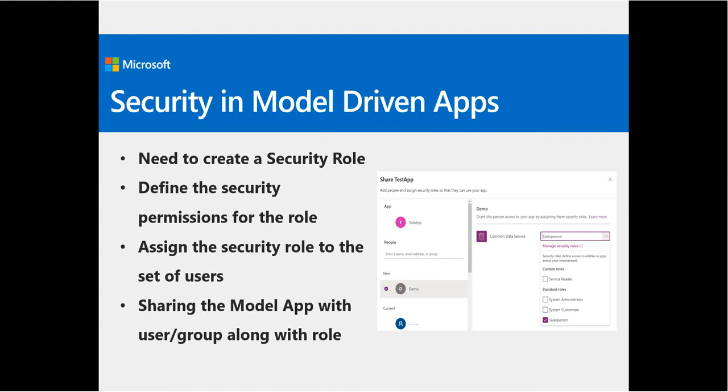Or if we want to deploy it to a higher environment, let's say I developed it in a development environment, and now I want to move it to my UAT, SIT or production, then we need to take the conventional deployment cycle, wherein we would add the components of the model driven app to a solution, which would be exported out and then imported to a higher environment.